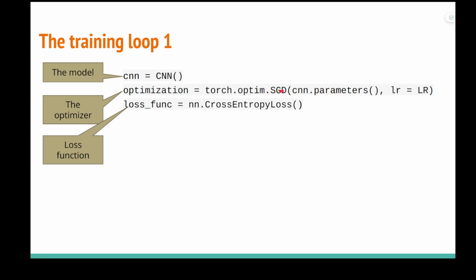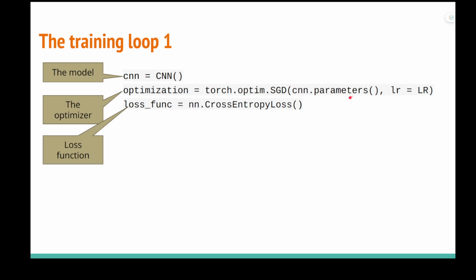For most of the optimizers, the first argument must be the parameter list for the whole module. So you can simply use this function, the model, which is CNN here, CNN dot parameters. We can use this function to get the parameters in every layer of the model.